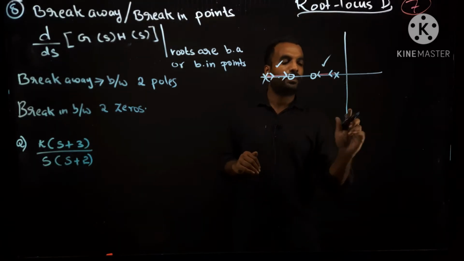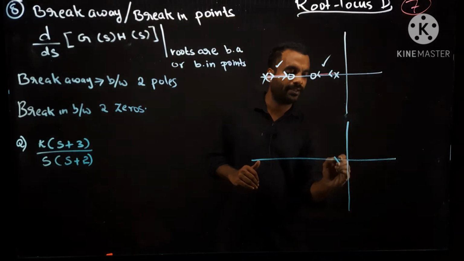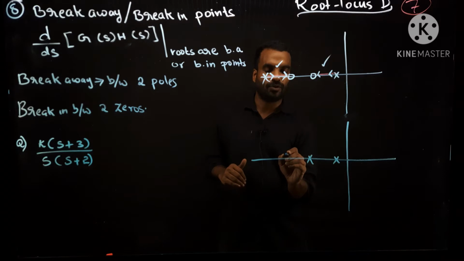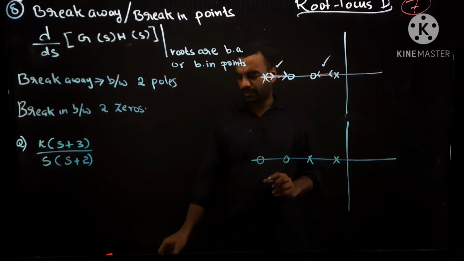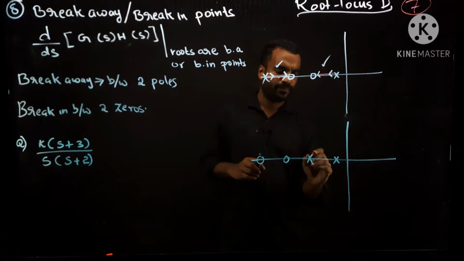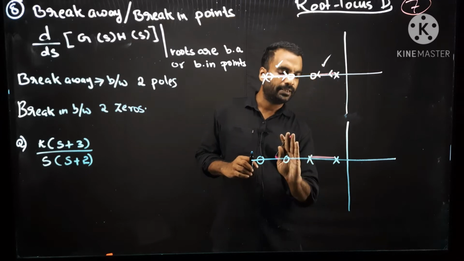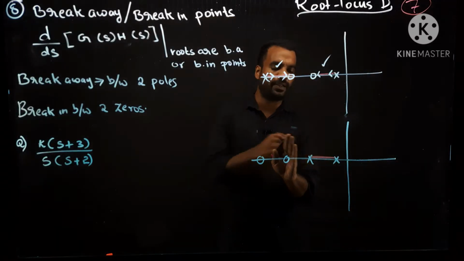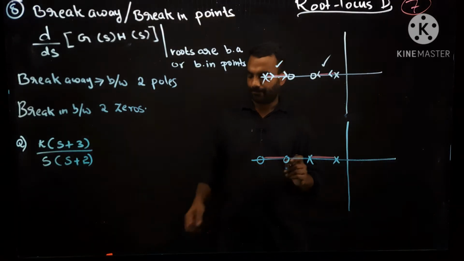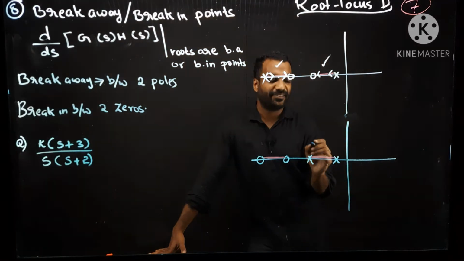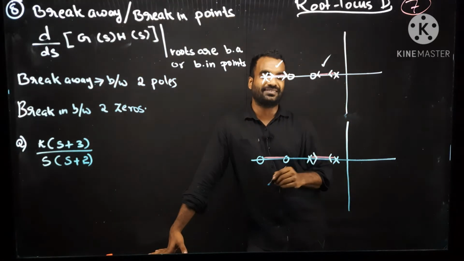But now let me check another condition with almost the same location, but the positions of poles and zeros are interchanged. Now, as per rule 7, here root locus exists in this area. This area it will not exist because 2 is an even number. Here also root locus exists. Up to this it is okay. But the issue is that from this pole root locus starts, and from this pole also root locus starts.